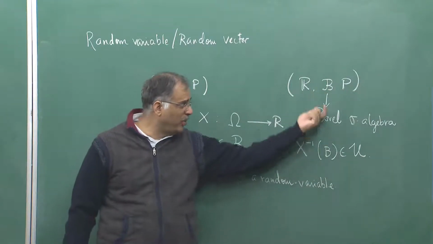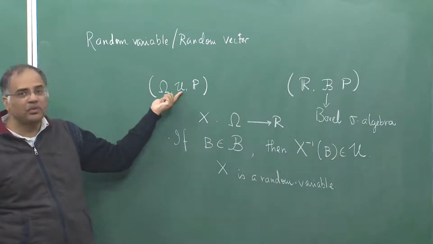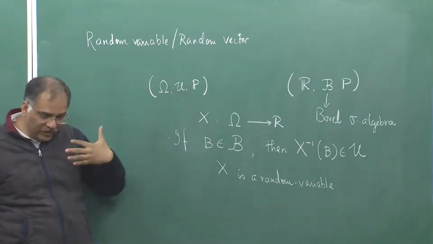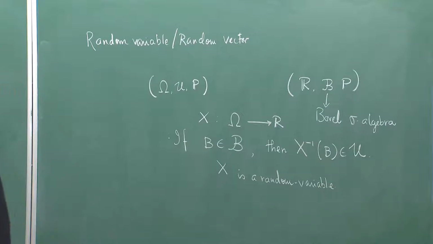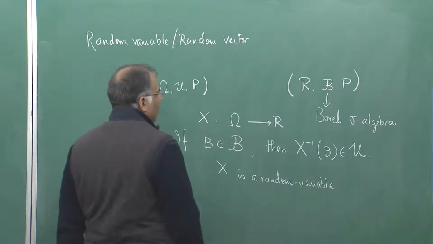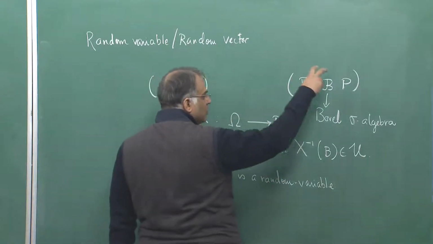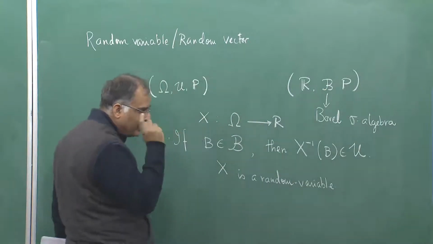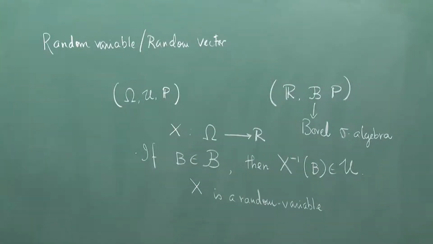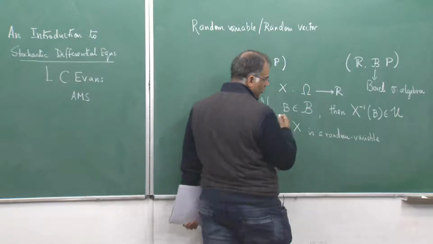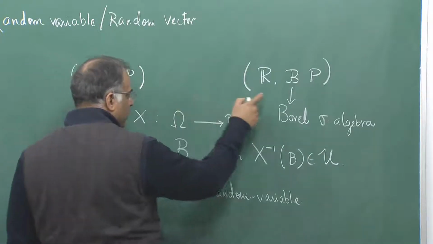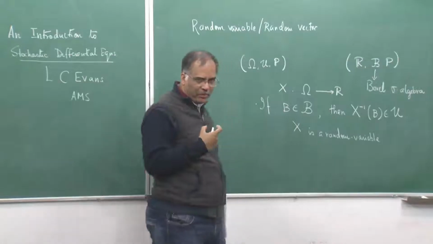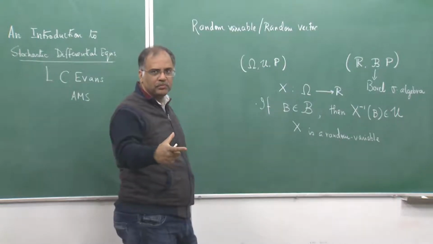So, that is why when you take a set from here and pull it back, it will always map back to an event. So, an event is taken to another event, but in the space R. This is something very important: every event is taken to some sort of an interval or union of intervals. That is the key idea behind introducing random variables, that an event has to always be taken into an interval in the real line. So, we map an event to an interval.